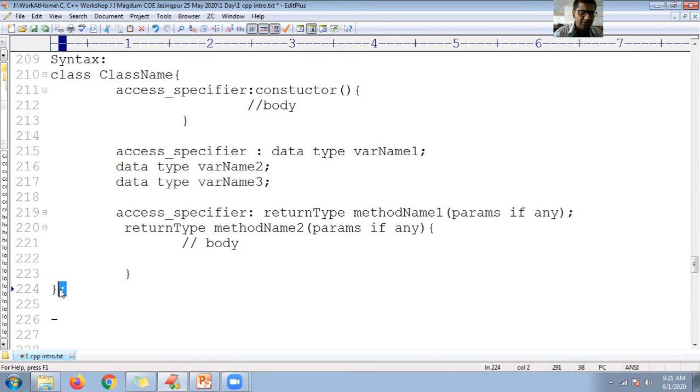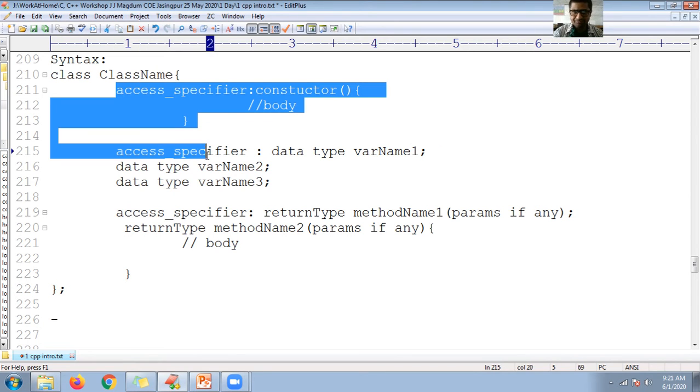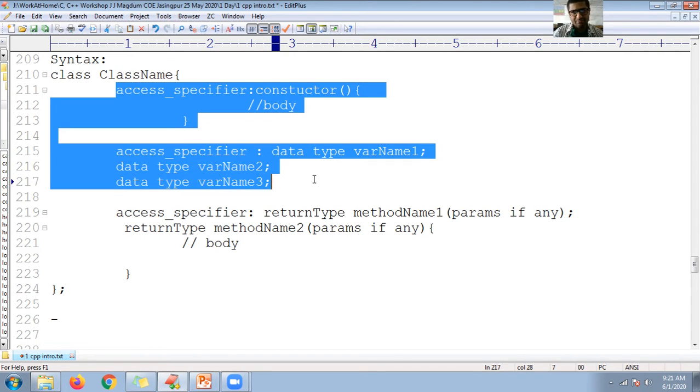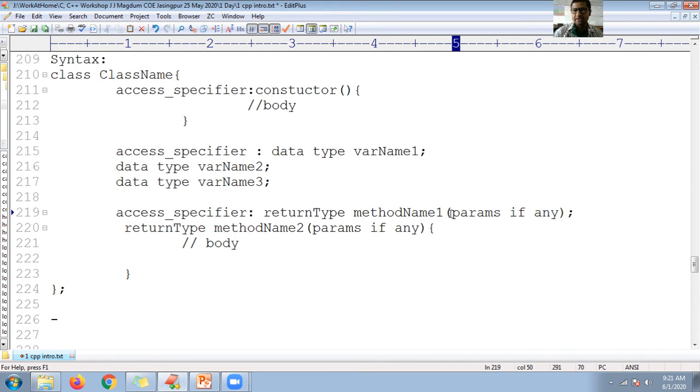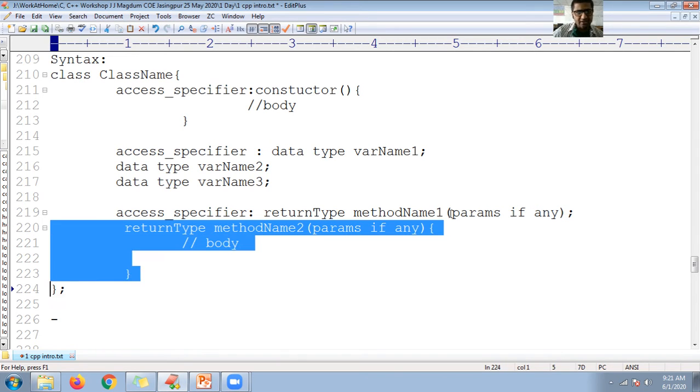Class body may contain constructors, access specifiers with the data members, access specifiers with a number of methods. So here I declare a method. This is a method declaration, and this is a method definition. So you can declare a method, as well as define the methods. Declared methods you can define outside of the class also.